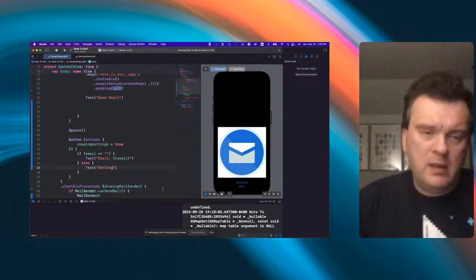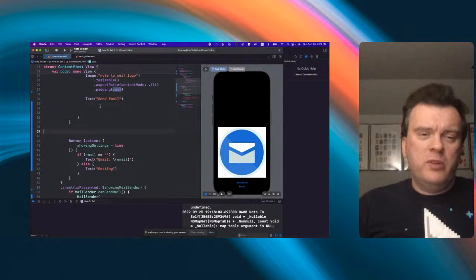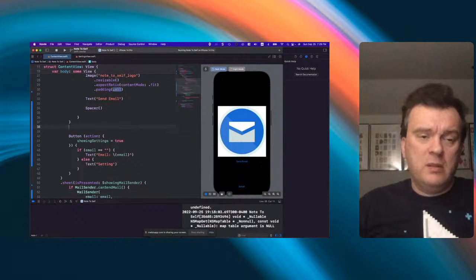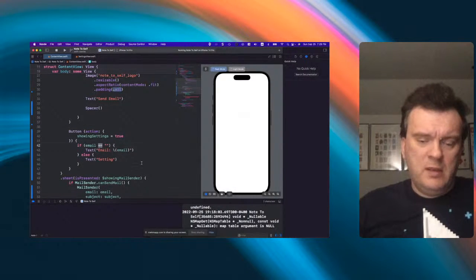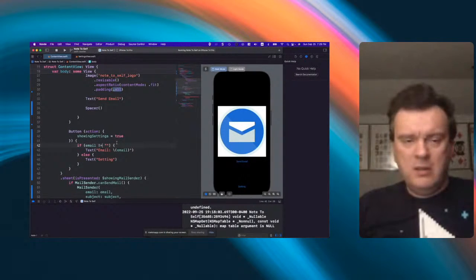Technically, we should trigger that automatically. Button, spacer, button. Do we want the spacer here? Yeah, that's how we want it. If email is not empty, we will show,